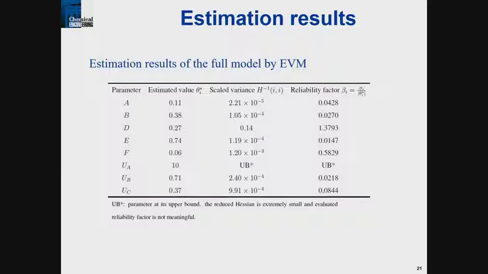This parameter, for example, goes to its upper bound. Okay, not much confidence there. And then if you get the relative variance, basically variance divided by the parameter value, we've got some pretty high values. This guy D is very high, okay? And then we have a few others. Now D refers to that boundary layer that's around the solid particle, okay? So this is the diffusion coefficient around there.